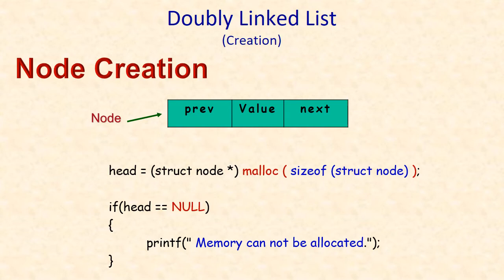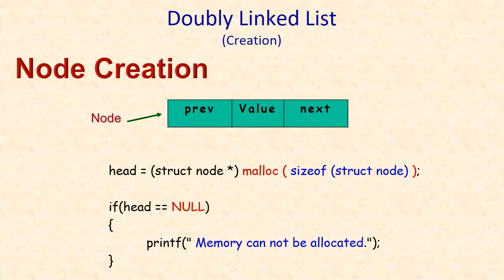That is why I am verifying here whether head is equal to null or not. If head is equal to null, that means memory is not allocated for the node. Then we cannot go further with the program, so we will quit there itself, displaying a message that memory cannot be allocated. Okay, fine. Assume that memory is sufficiently available, so it is allocated. Once memory is allocated, we will go with the further programming tasks.